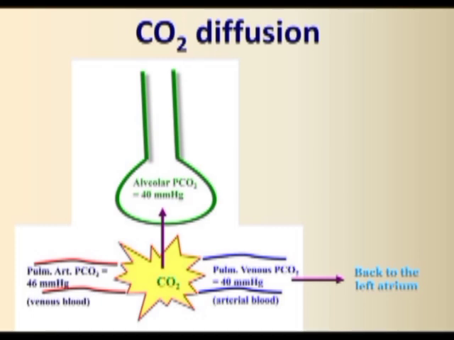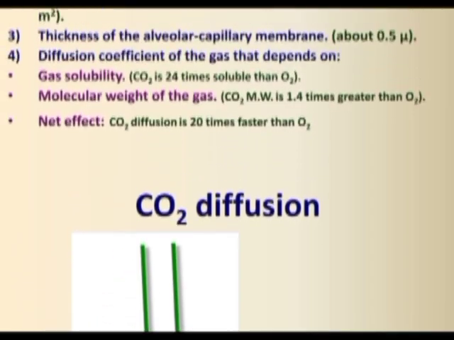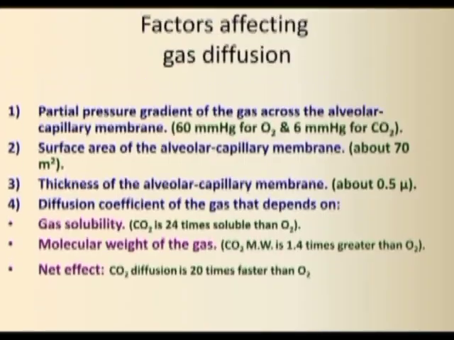In the alveoli, CO2 diffusion is also 40 mmHg, and the blood sides are venous blood and arterial blood. So that is the discussion about CO2 diffusion. So the next slide is